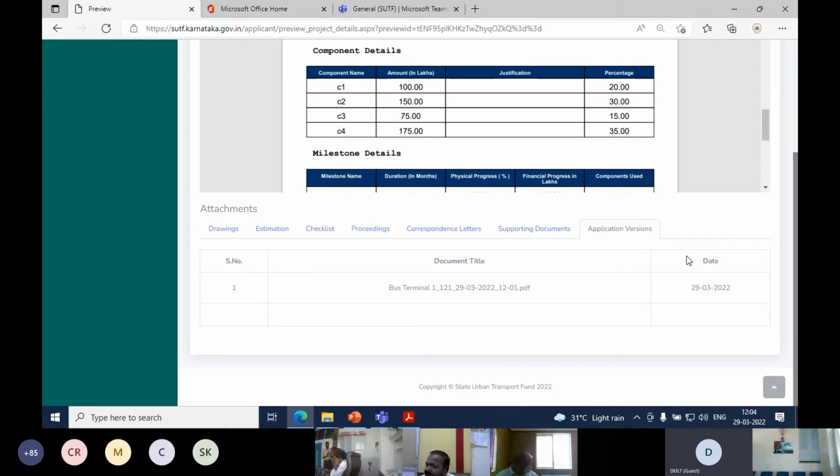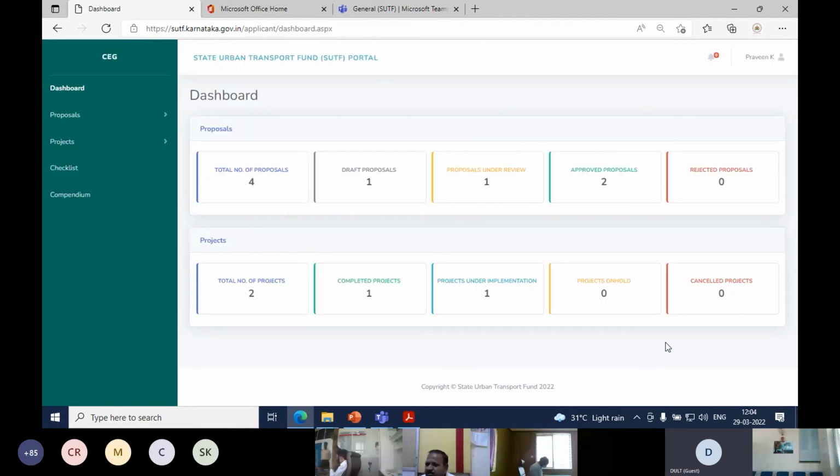So this completes the application form filling process. You have to register. Once you have registered, the nodal officer can upload a proposal for which he has been given due approvals from the head of the office, whether it can be the MD of the transport agency or the concerned chief engineer, or for that matter, from the urban local bodies, the proposals can come in. So the nodal officer will have to register and then fill in the application form here.